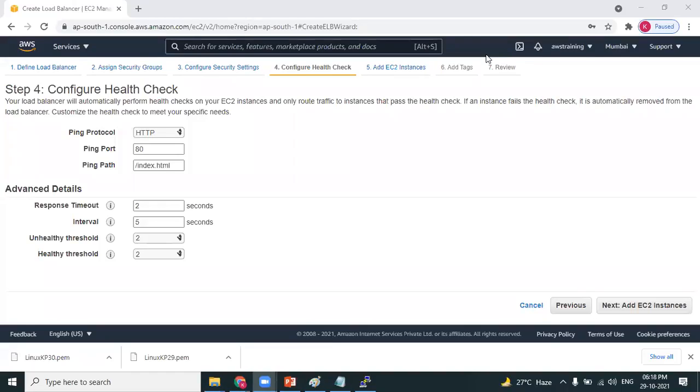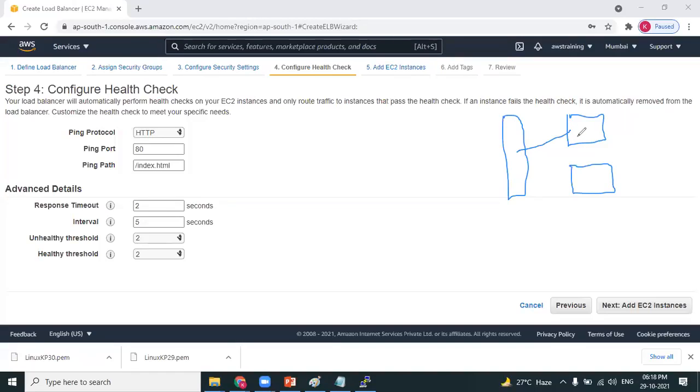Balamurugan, let's say this is EC2 machine 1, this is EC2 machine 2, and this is the load balancer component. What will the load balancer do? It will send a ping request. And what is the load balancer expecting? The reply back.